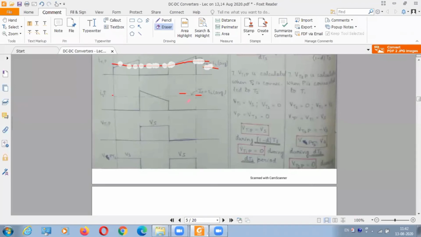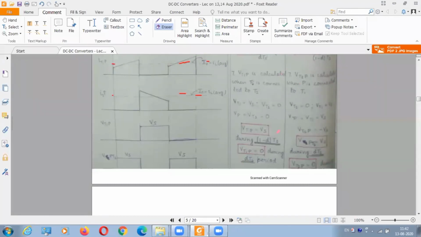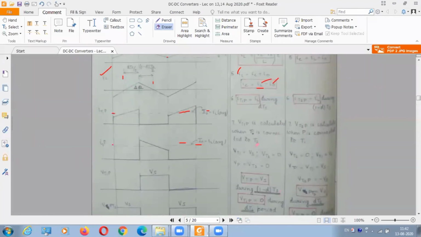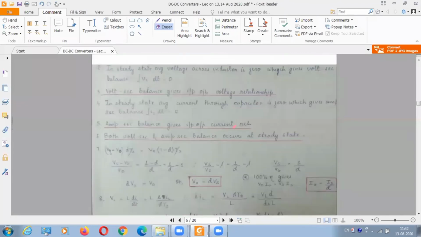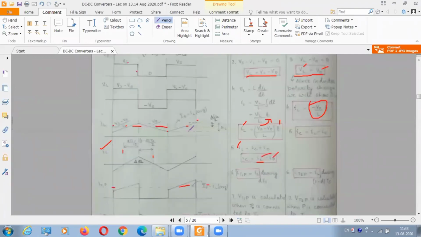All these waveforms I have explained up to now, and why these waveforms are coming, is because of the calculations 1 to 7 I have shown over here. Now going into the equations. Now equations will be very easy for you to understand. Now this is our transient analysis, the inductor current, right? And the inductor voltage is like this. So inductor current is always positive in nature. No current is going in the negative direction. Inductor voltage is positive, negative, positive, negative.